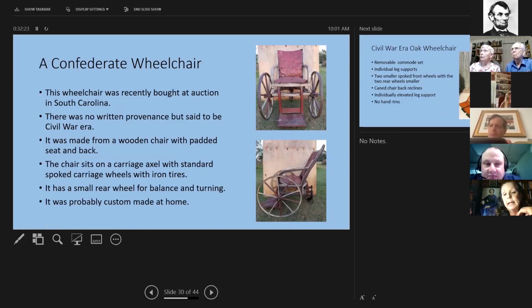As you can see, it was made from a wood chair with a padded seat and back, and the chair sits on a carriage axle with standard spoked wheels with iron tires, and it has a small rear wheel for balance and turning, and it was custom made, probably at home, for a loved one.